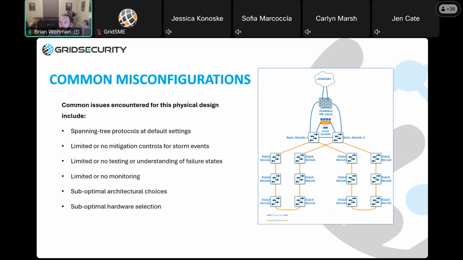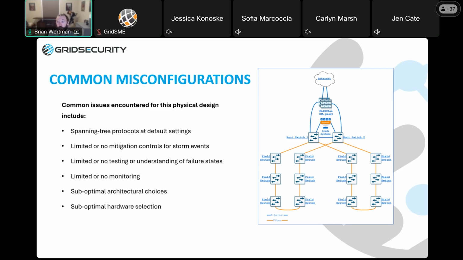So this slide is really more of a cheat sheet or a table of contents. Don't worry if all this doesn't make sense yet. We're just going to span through them really fast and then dig into more detail as we go through the webinar today. First is leaving spanning tree protocols at their default setting. It's common we see these have not been adjusted at all. They do need to be tuned to your environment. Spanning tree is not magic, and you can't let it work as magic. You should make some conscious decisions there.